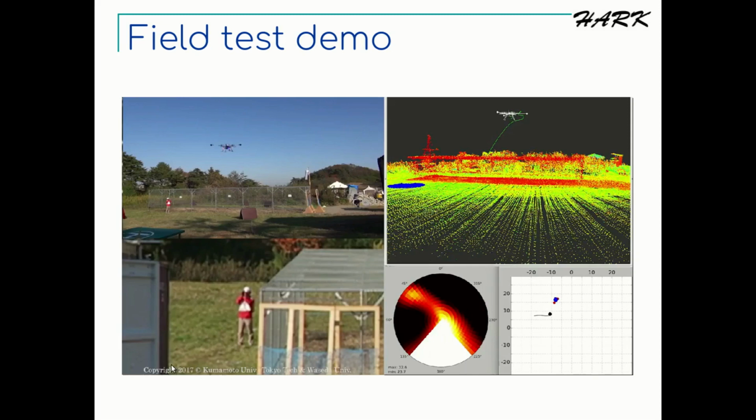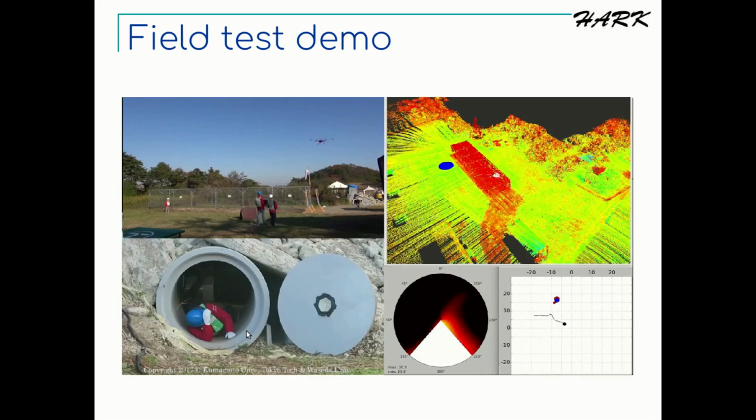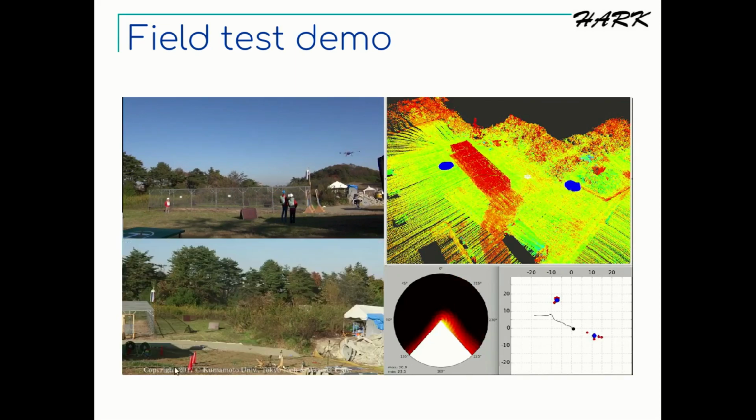The second sound source, the person was laying inside the tube. It is a bit hard to find here, but well, here's a tube buried under the ground, and the person here is going to shout from the inside of the tube, which was really hard to detect in person. He's going to shout. And now the system found the location of the second sound source, which is really nice.